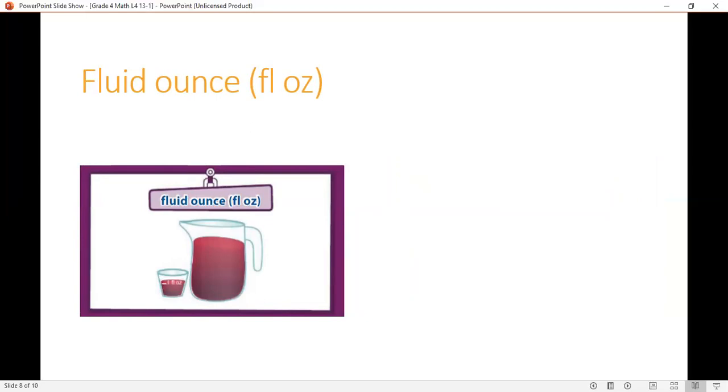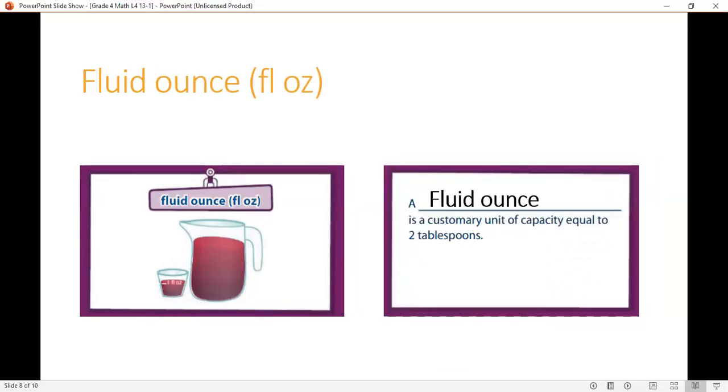A fluid ounce. A fluid ounce is a customary unit of capacity equal to 2 tablespoons. 1 fluid ounce is equal to 29.5735 milliliters, or roughly 30 milliliters. A tablespoon is one of those big tablespoons that you use in your mother's kitchen that you eat with. A teaspoon is a little bit smaller, and that we use to make some tea. So now that you know how big a tablespoon is,